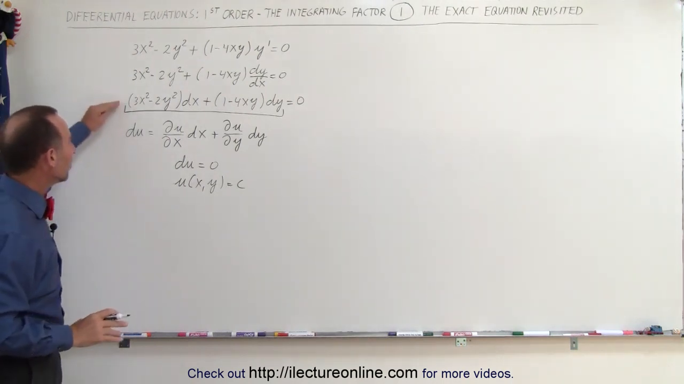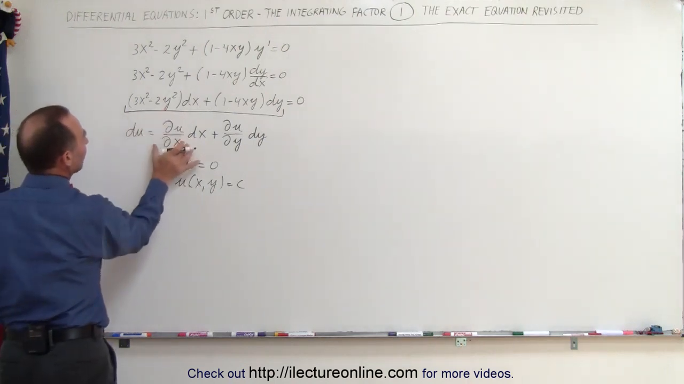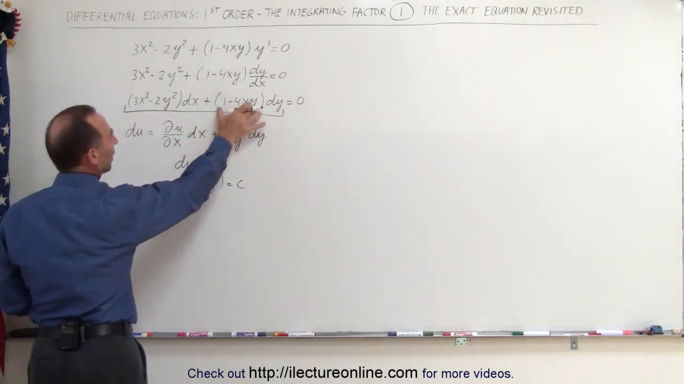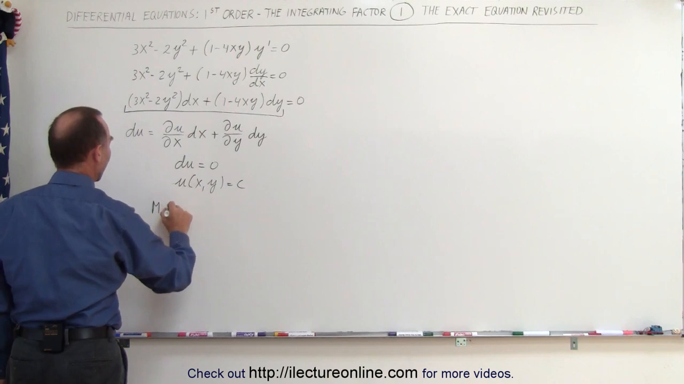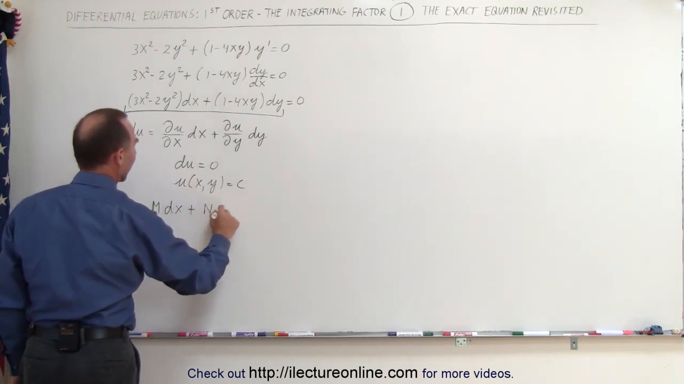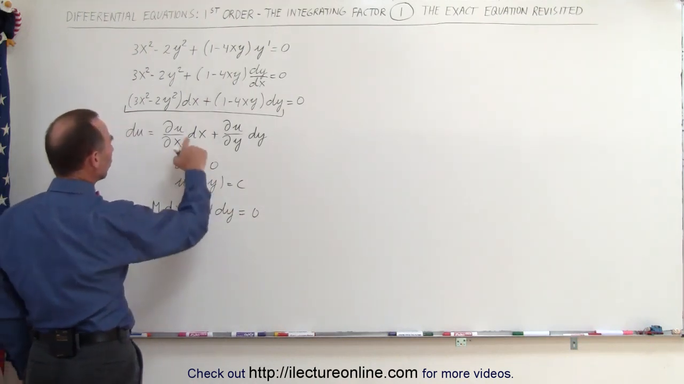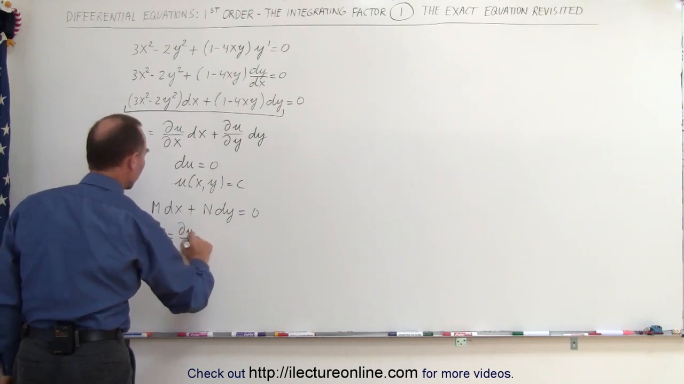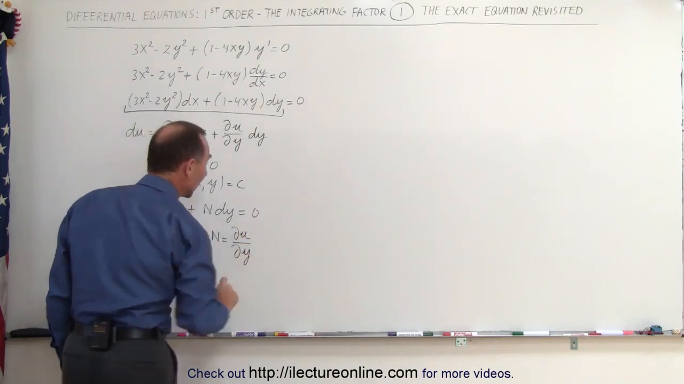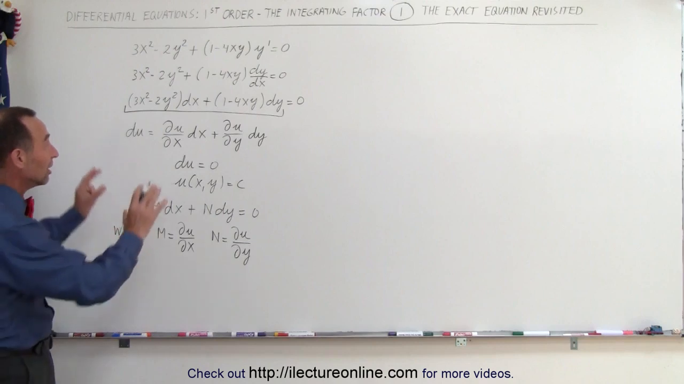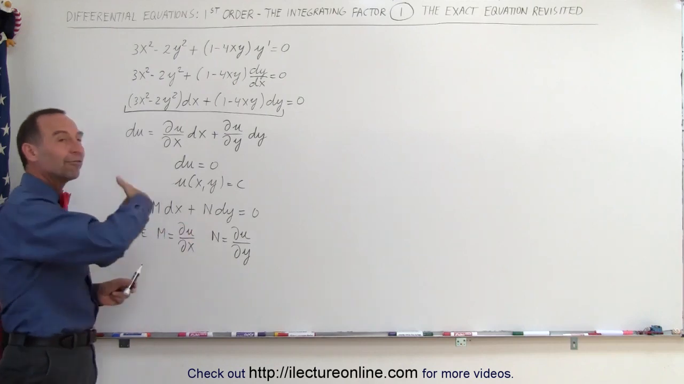Now if this is indeed the case, then this portion right here is equal to the partial of u with respect to x, and this portion right here is equal to the partial of u with respect to y. Then we can write this equation as M dx plus N dy equals 0, where M is the partial of u with respect to x, and N is the partial of u with respect to y. If this is an exact equation, we can solve for u,